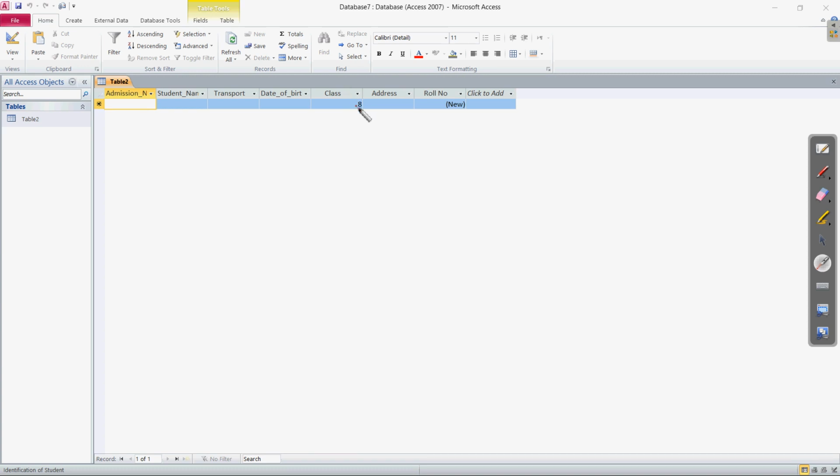This 8 we have not entered right now, we have only made it the default value. If you enter more records, more student details, automatically class 8 will come again and again, so you don't need to retype it. And if there is any student who is not of class 8, say class 6, 7 or 9, only for those you need to change the value, so it will save time. I hope this is clear.